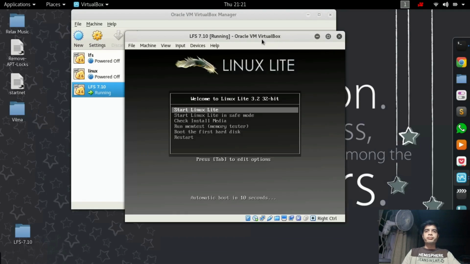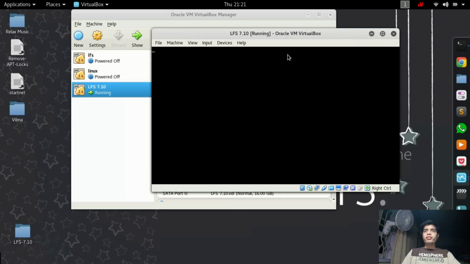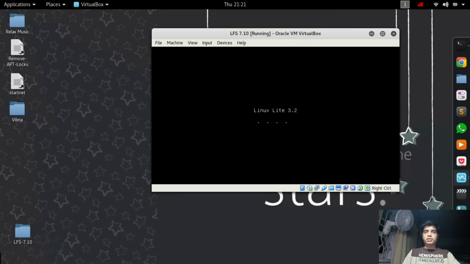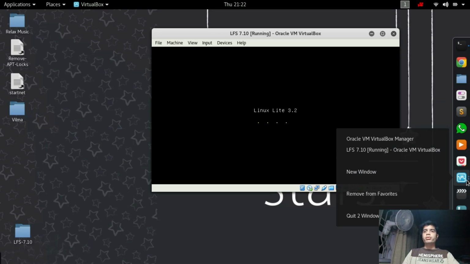live CD. You just have to boot into a live CD for this one. What I would like to point out is you don't have to do any kind of installation for this process. So after the CD or the Linux distro boots up, you can directly go ahead with it. Okay, so let it boot. Meantime, I will show you the